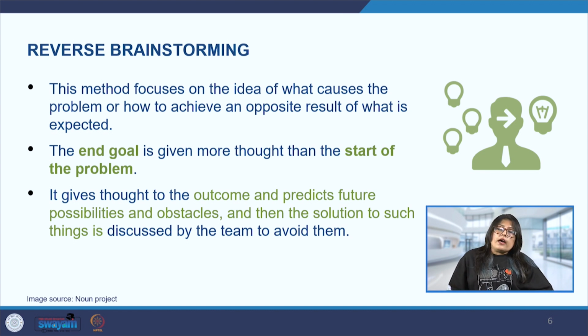So finally, after we have the whole set of statements, the ones which will lead the business to failure, and then we reverse all of them into positive statements, we will evaluate all the solutions that we have come up with. We will be judging them based on feasibility. How feasible are these ideas for implementation? Then on the next point, innovation, how innovative are our policies?